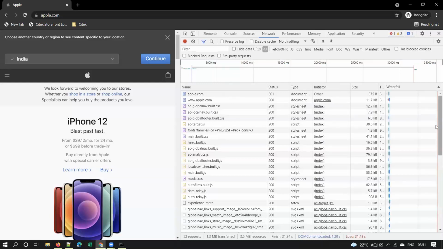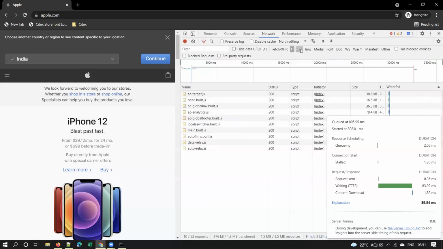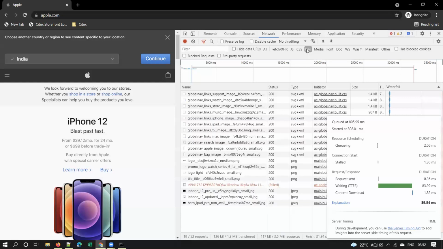Guys, speak out. Yes, sir. So this is a filter, the third row here. It helps us filter the type of resource. What type of resource is it? So we can filter the types of resources by using this. By default, All will be selected. Please remember, by default, All will be selected. And if you want to see only JavaScript files, use JS. If you want to see only CSS files, click on that CSS. If you want to see all the images, how many images are there on the page, you can click on